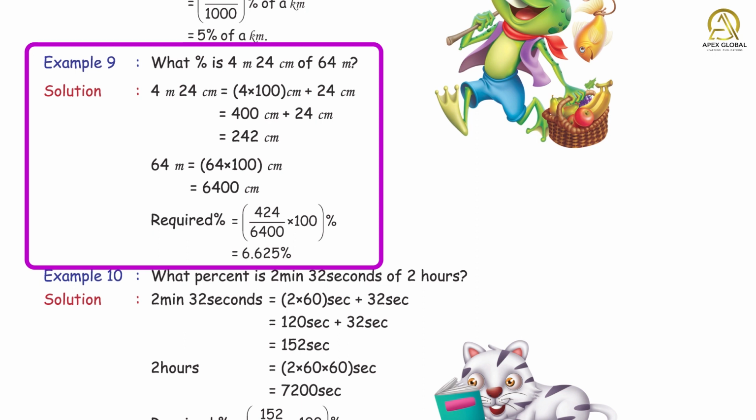Solution. 4 meter 24 centimeter is equal to 4 into 100 centimeter plus 24 centimeter, that is 400 centimeter plus 24 centimeter, which is 424 centimeter. 64 meter equals 64 into 100 centimeter, which is 6400 centimeter. Required percentage is 424 upon 6400 into 100%,